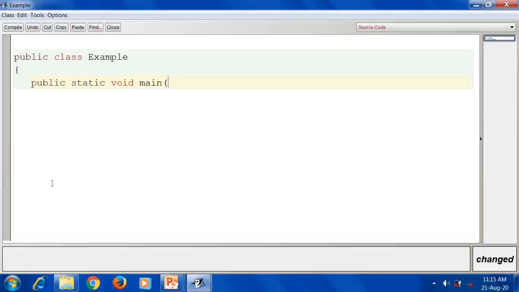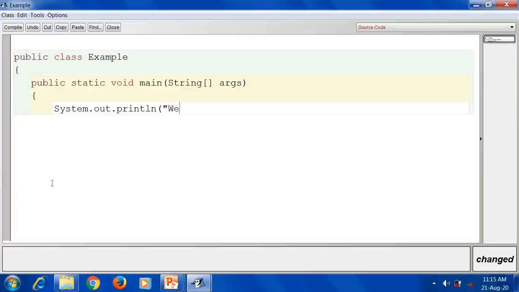Sorry, it should be in small case; only the S of String should be capital. Keep it in your mind. String square brackets args, then close the round bracket, open the curly bracket, and write System.out.println.